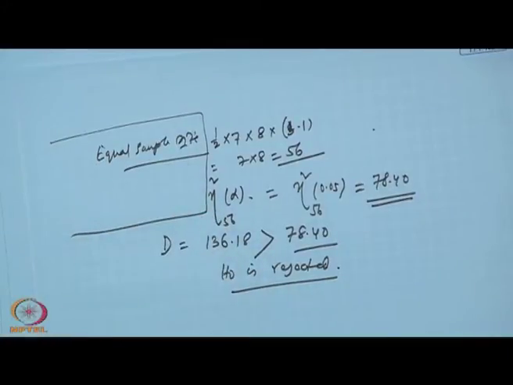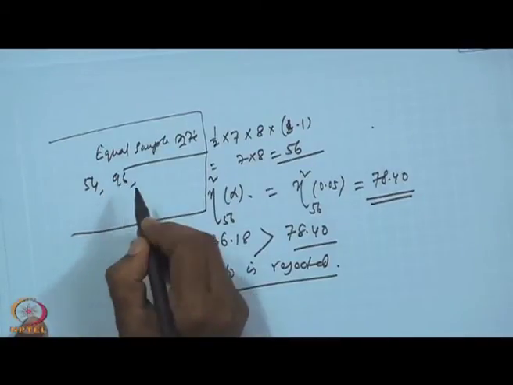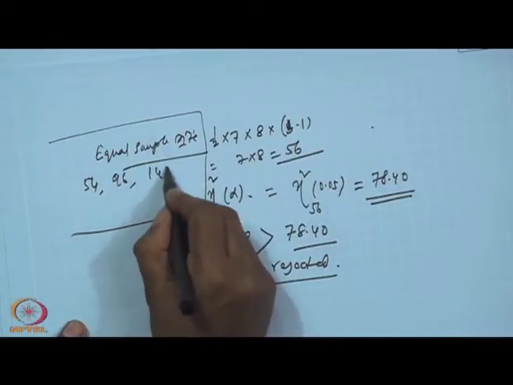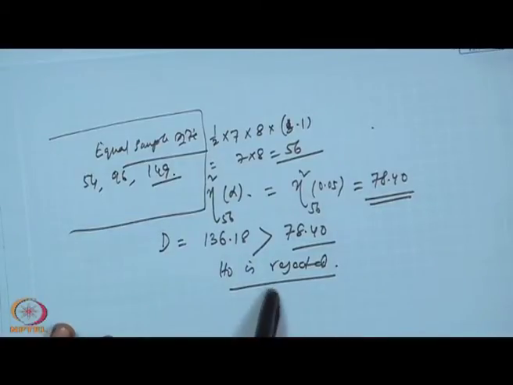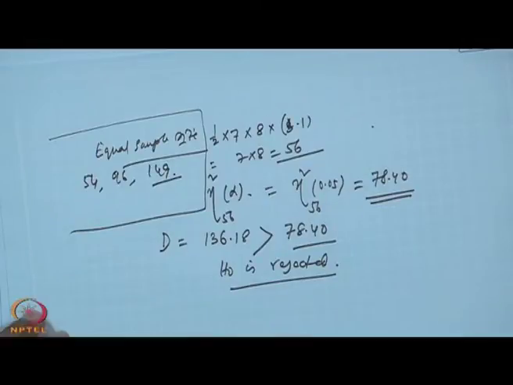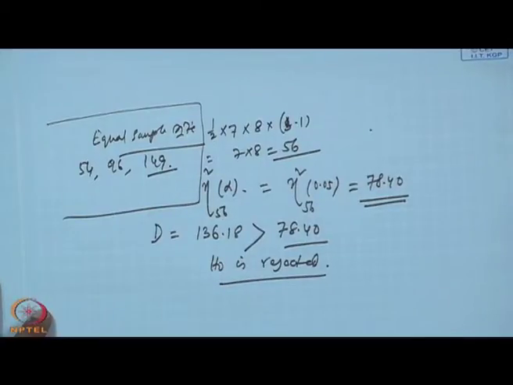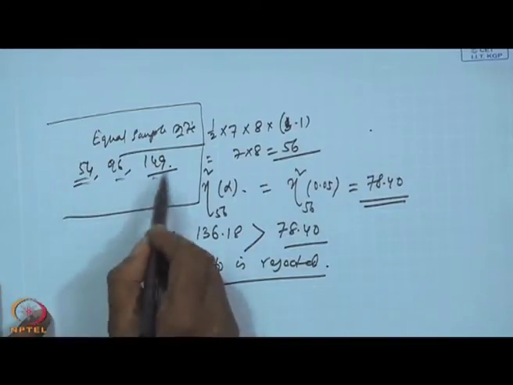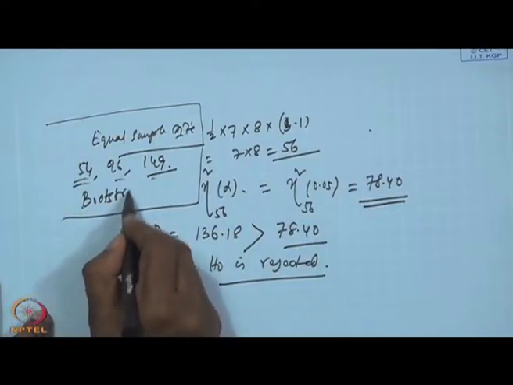Getting me? Also, the suggestion given is that it is better to always go for equal sample size. How do you go for equal sample size? Here I have 54 observations from officers, 96 from maintenance workers, and 149 from this. What I mean to say is that as we found out this is the case, so the next step should be, why can't we go for bootstrapping? This is a beautiful concept, all of you, because you all will be using data you are collecting from different sources, and you will be facing the problem of unequal sample size also. So, can you not go for bootstrapping?